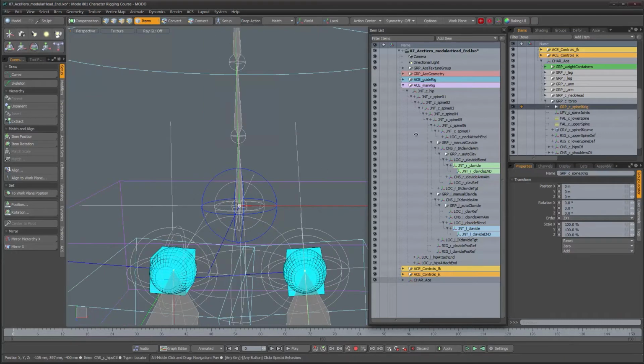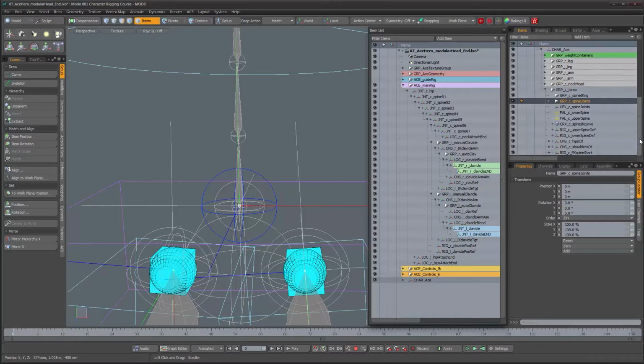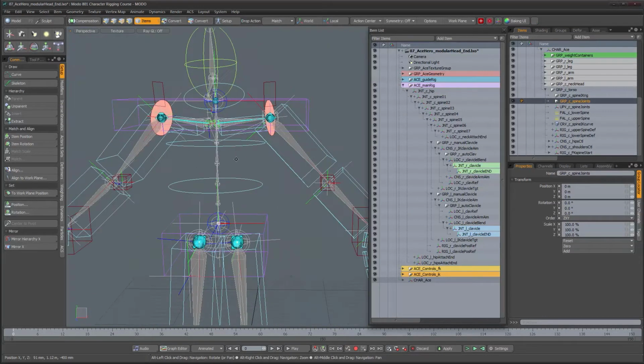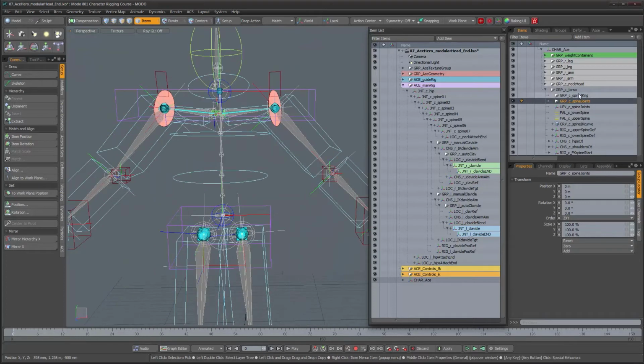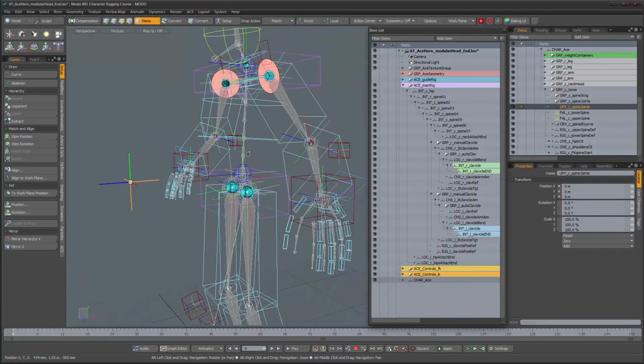And now I'm going to duplicate it, and I'm going to call this one spine joint. So let's see what's up with the IK rig. So let's see what we have. We have the up vector for the